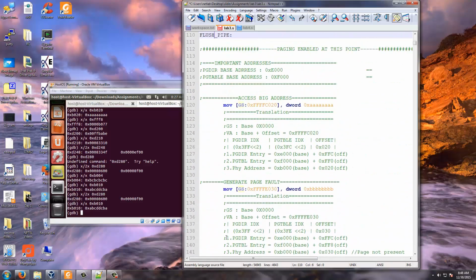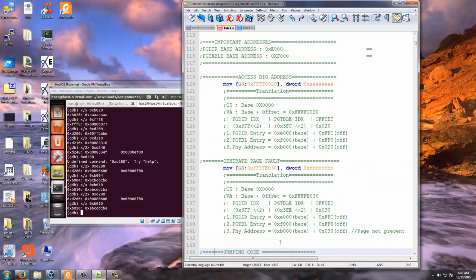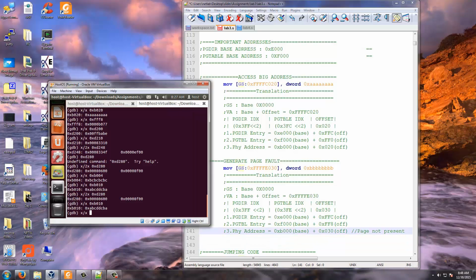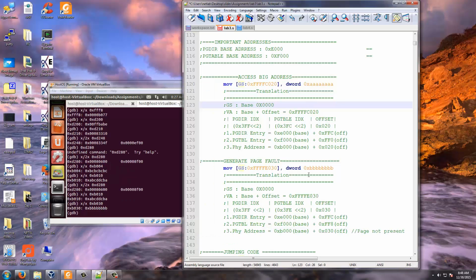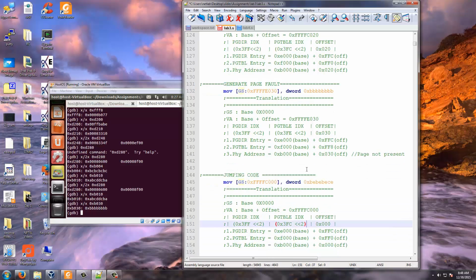I move it back to the page table and I do an IRET, and this IRET again comes and re-executes this particular instruction, and now you will see that this particular thing translates to B030, and now you will see S/X0X B030 as BBBB, which is done. The next thing is that I go and